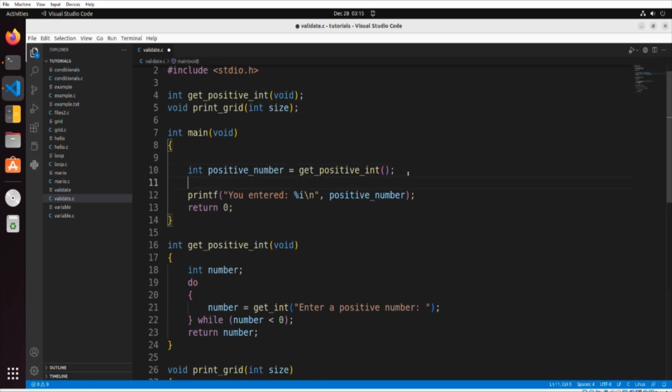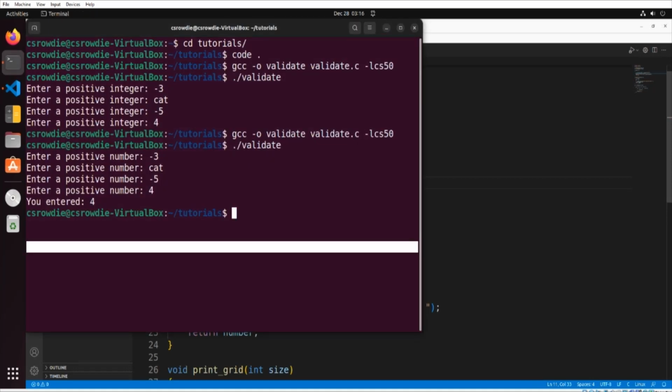And then I can call this print grid function. I can say print grid. And what do we want to pass as the argument to this print grid function? Well, we want to pass the positive number that we just got from the user. And now if I save this, open my terminal,